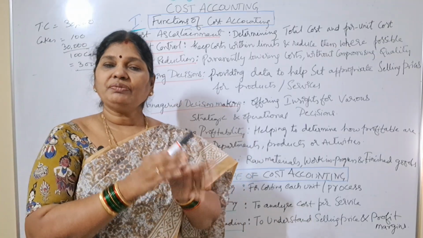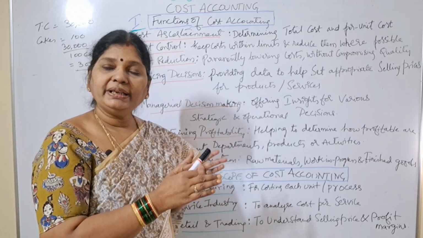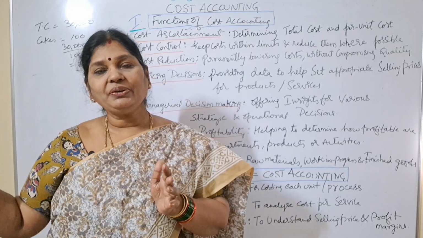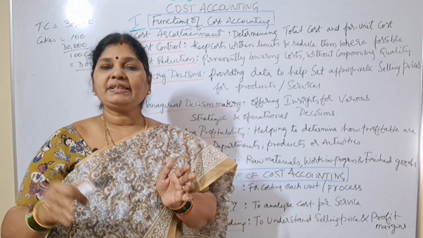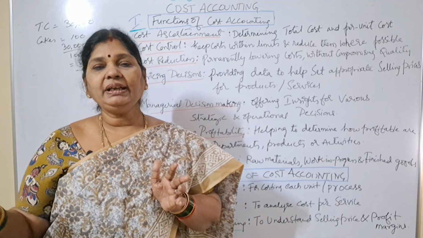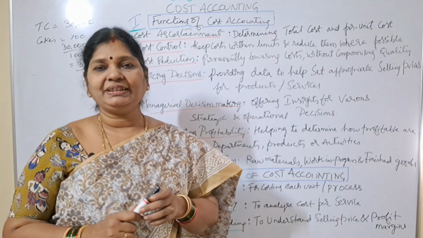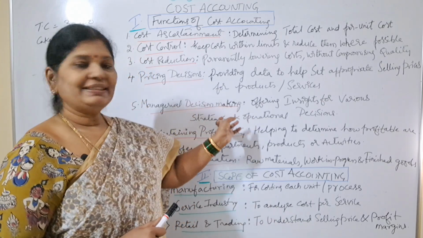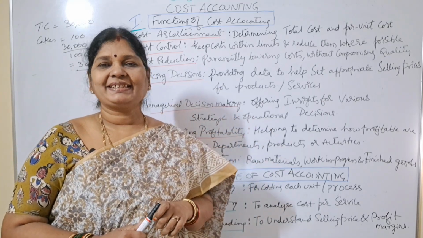If the cost we are going to incur on this new order is, for example, 15 lakhs, and the machinery we are going to purchase and install is, say for example, 5 lakhs, then definitely after adding all the costs, we will also get profit, right? So in that way, we can make strategic and operational decisions in our business.